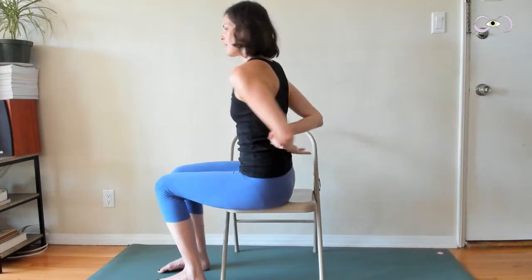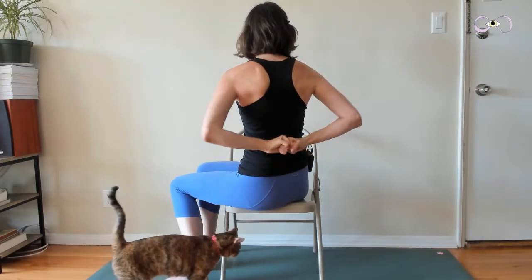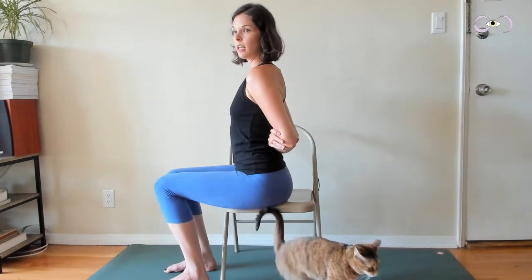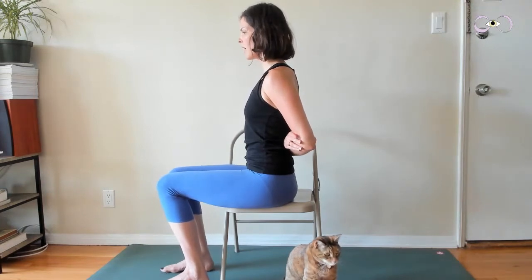Then we'll bring the hands behind the back, grab opposite elbows. If that doesn't work for you, you can grab wrists or bring knuckles together. And here, again, don't let the low back arch. Keep the tailbone pointing down, but keep energetically stretching your collarbones from inside out. So we're opening up across the chest,